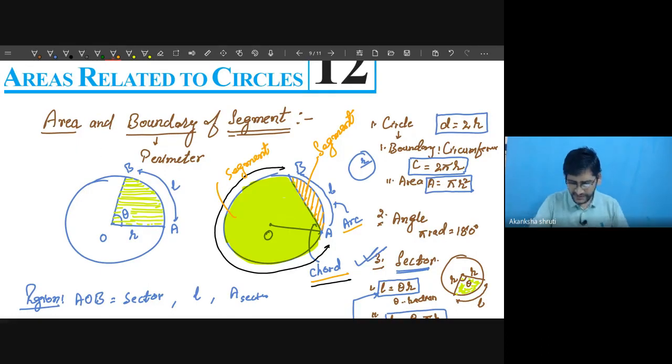But to differentiate between these two, the area between the minor arc and the chord is called the minor segment. Here AB is the minor arc. Therefore, the segment bounded by the minor arc AB and the chord is called the minor segment. And the bigger arc, or major arc, this part is your major arc.